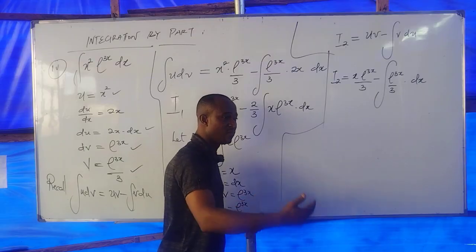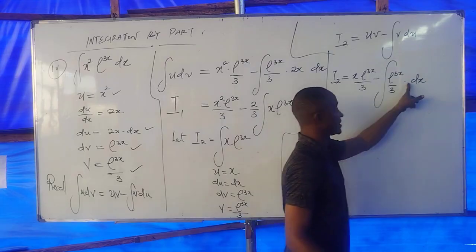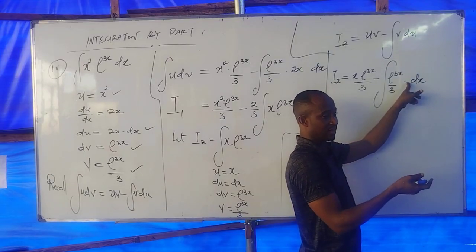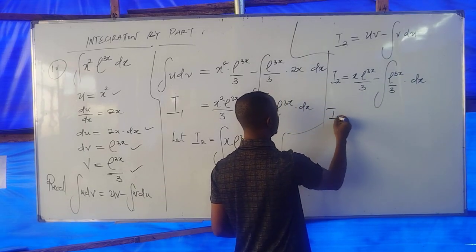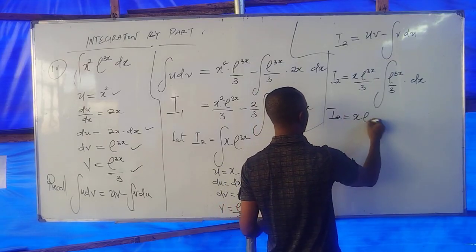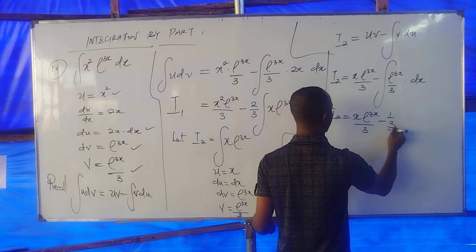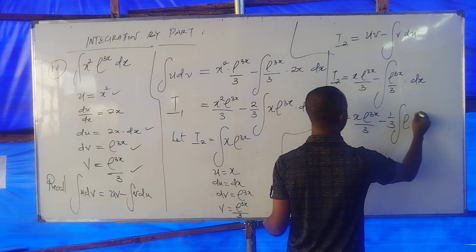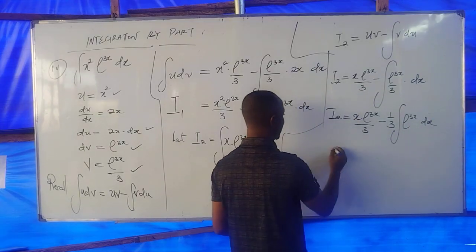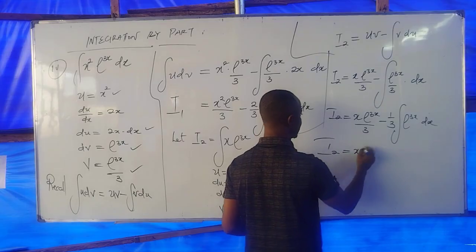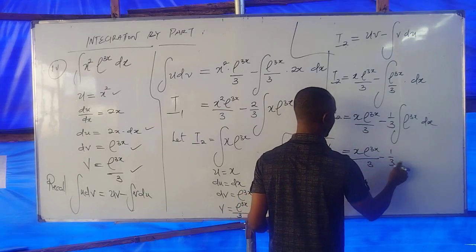The more you further integrate, the more the power of x will reduce. Like here we have 1 dx. Do you get the gist? So let's go. What we do, we bring out this. Now give us our I2 equals to what? x e to the 3x over 3 minus 1 over 3 integral of e to the 3x dx. I can integrate it, right? So that will give us I2 equals x e to the 3x over 3 minus 1 over 3 times